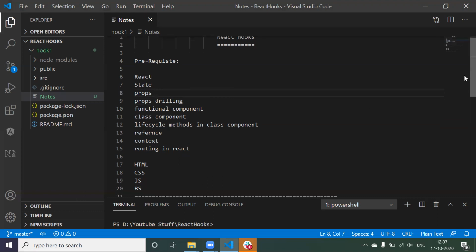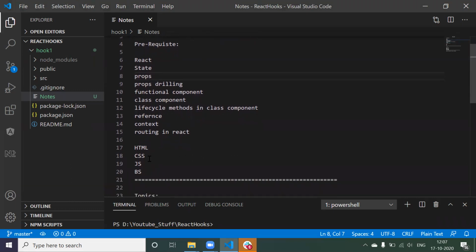Then you should have strong knowledge of HTML, CSS, Bootstrap, and JavaScript. Because we are going to use Bootstrap whenever we create some examples, right? So that's why Bootstrap is mandatory and HTML, CSS is required by default, right? So for the persons who don't know about these concepts, I would suggest you refer to these concepts and come to this particular video so that it will be very easy.